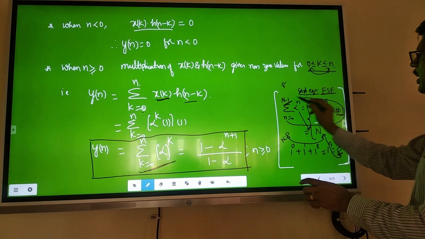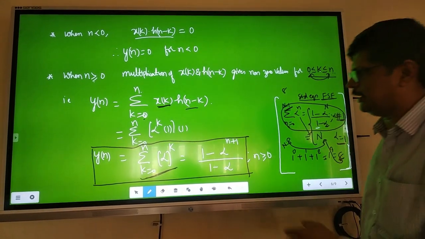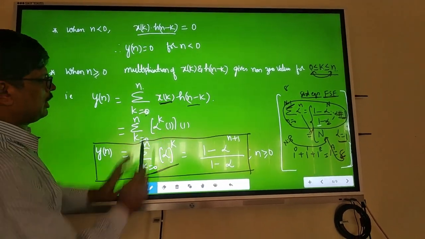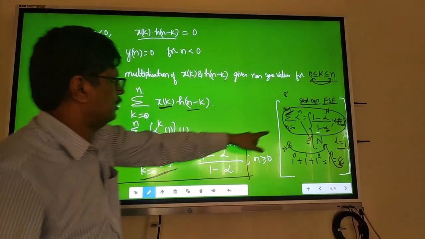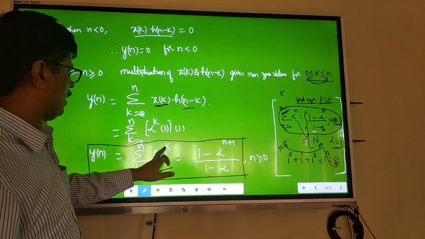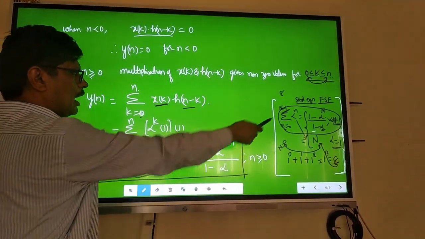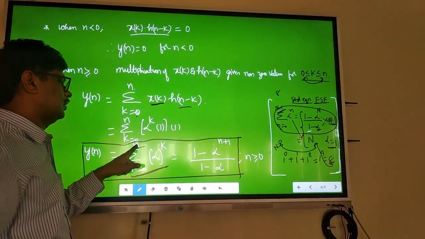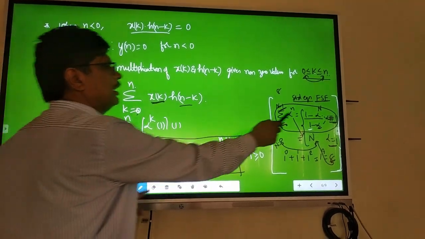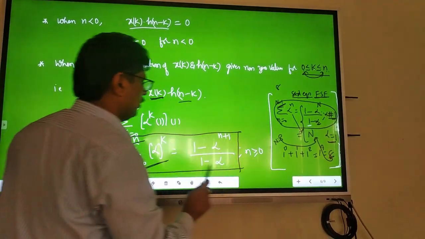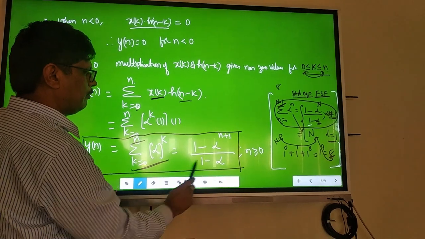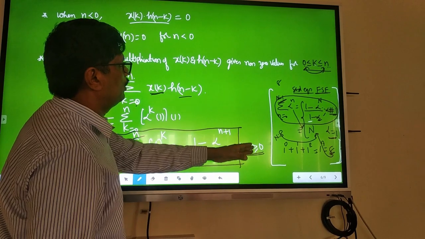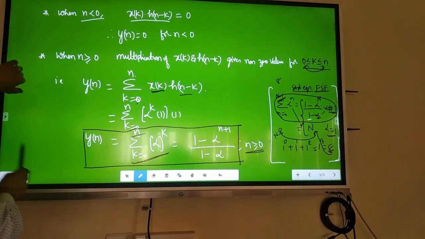This is the formula. This first numerator I am making use of here. Here also it is the same, by convention: summation k equal to 0 to n of alpha to the power k. In place of n, I have k. Applying it, we get 1 minus alpha to the power of the next term, n plus 1, by 1 minus alpha. This is the standard formula, for n greater than or equal to 0. For n less than 0, it is 0.